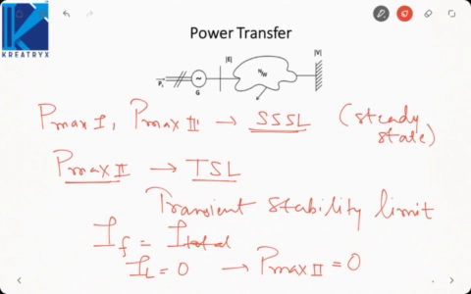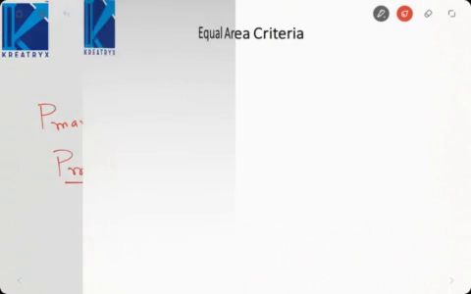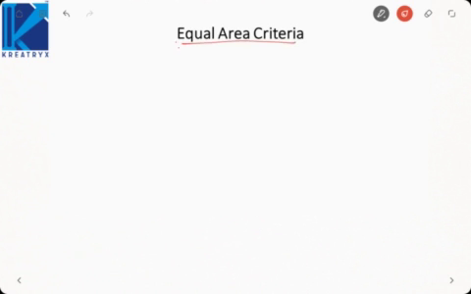Now, the method to determine transient stability is by solving the swing equation. But every time, solving a differential equation is not that easy. So we need a simpler criterion to simplify the analysis of transient stability. Such a criterion is called the equal area criterion. Now here, this is a special case of the swing equation. The basis is still the swing equation, but we are finding a special solution for simplifying the analysis. But the limitation is only